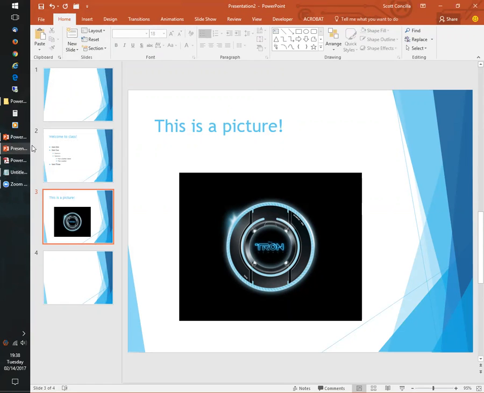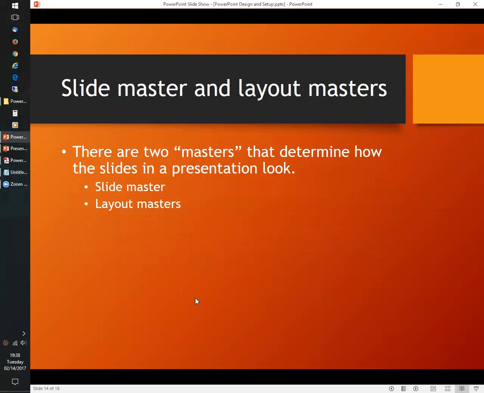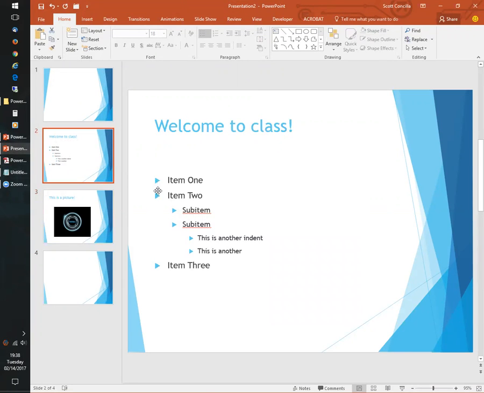So that leads us into the next major section here of what we want to talk about, and that is the slide master and the layout masters. Where do those layouts come from, and what's the whole deal that's going on here? When I look at this presentation that I'm creating, how is it that these bullets look like blue triangles? Where is that information coming from? Why is it using this particular font? Why does this heading look this color? All of that is defined somewhere, okay?